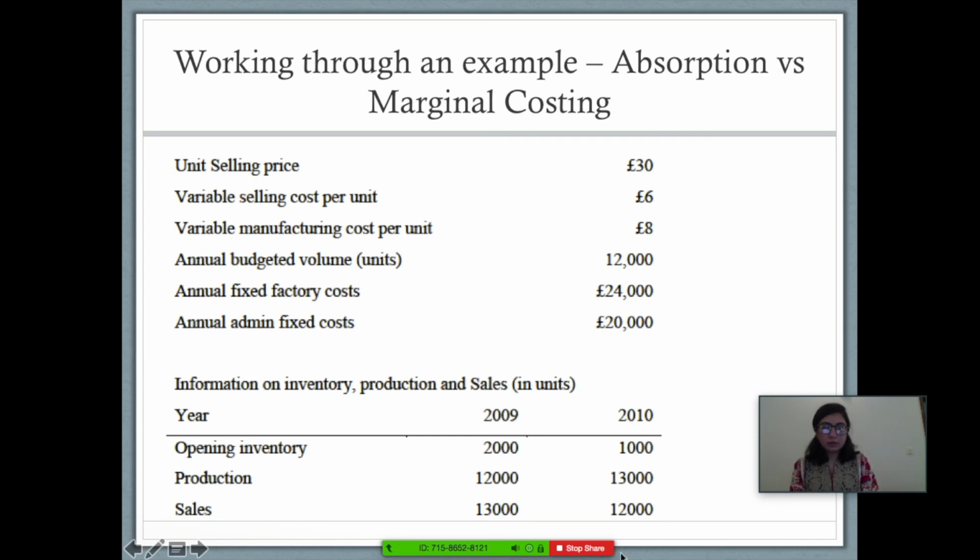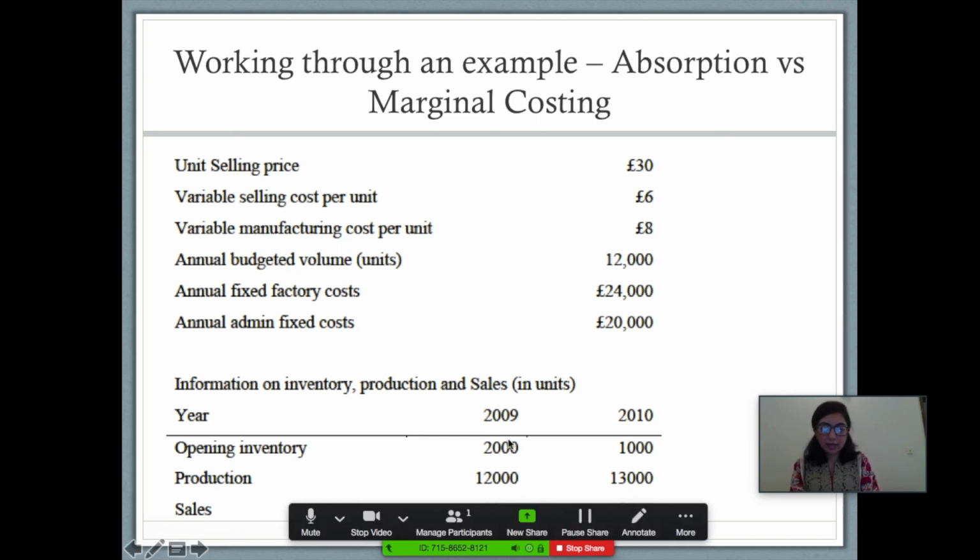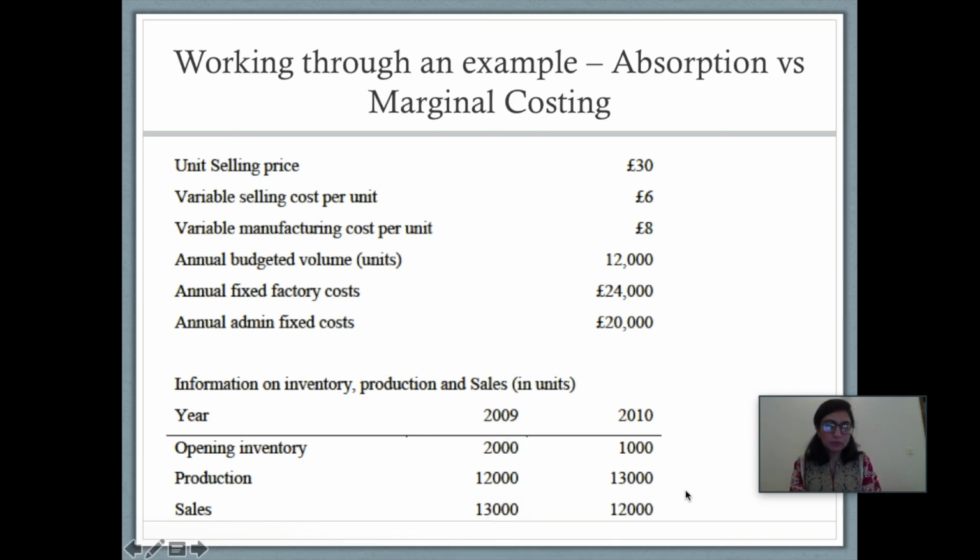In this, we haven't done 2010, but it's going to be done in exactly the same way as we did in 2009. Only difference of under and over absorption, which I've done separately with you. So in the next class, we're going to go into a bit more detail, which is we're going to start off with traditional absorption costing, and we're going to understand how it creates a difference when we go into ABC costing, right?